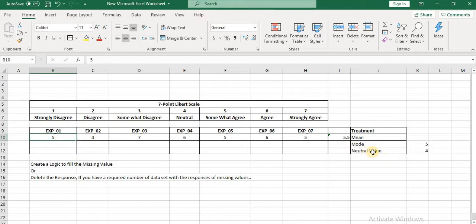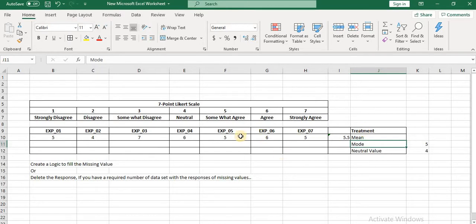And the other, third treatment. First is to calculate the arithmetic mean of the response in which the respondent has not marked all the values. So the value of the arithmetic mean, you can put in as a whole number in that response which is missing. The other treatment is the mode.